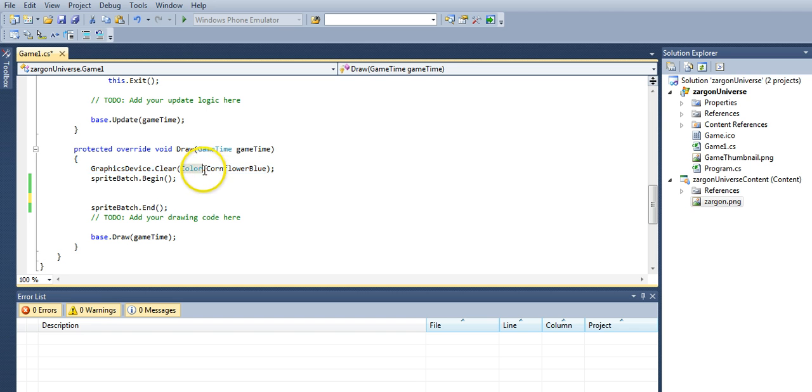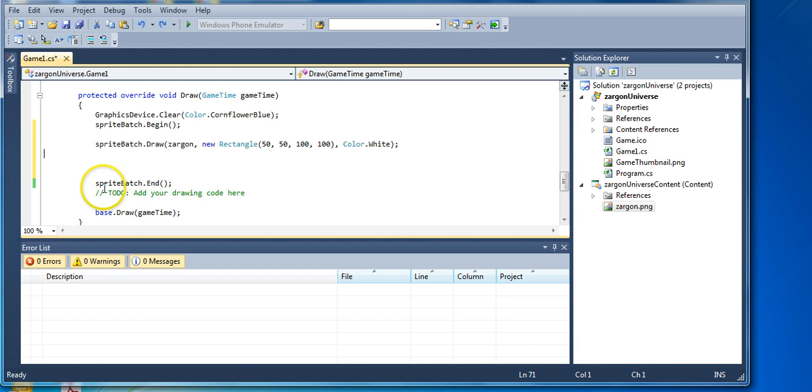In this case, cornflower blue. And then all of our graphics code is going to be placed between a spriteBatch.Begin and a spriteBatch.End. You'll end up having 30, 40, 50, 60, 70, maybe 5, who knows, commands that will allow you to bring